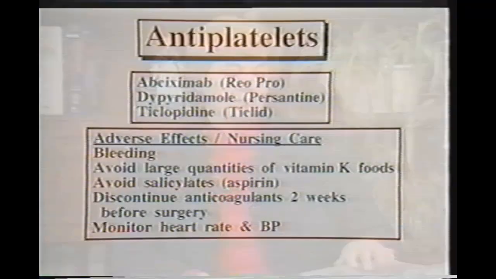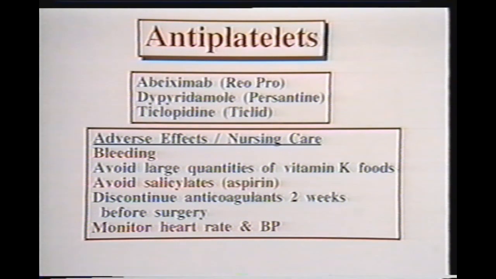A lot of patient teaching is needed in patients who are taking Coumadin. There are also some antiplatelet drugs, drugs like Reopro and Persantine, that actually prevent platelet aggregation and decrease clotting. If you were asked about a major side effect of an antiplatelet drug, you would probably tell me bleeding, and you would be correct. If a patient is taking antiplatelet drugs, and for that matter, if they're taking Coumadin, we